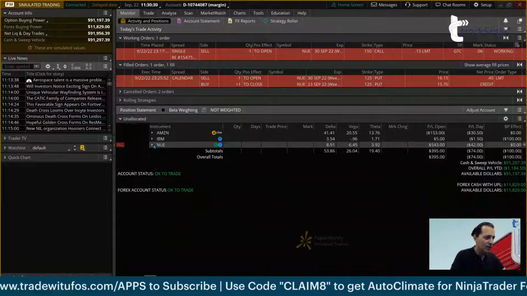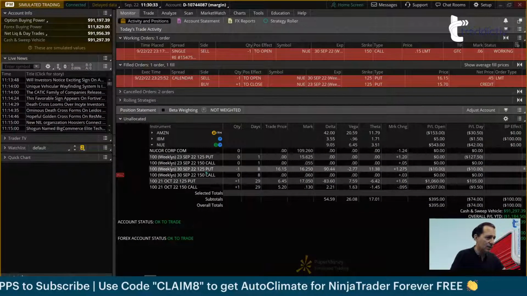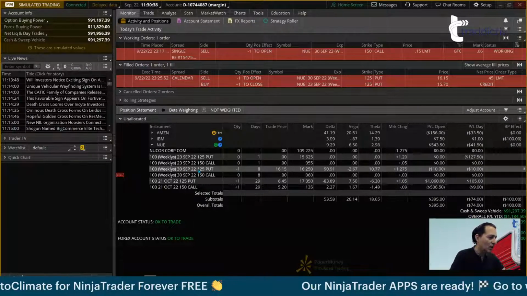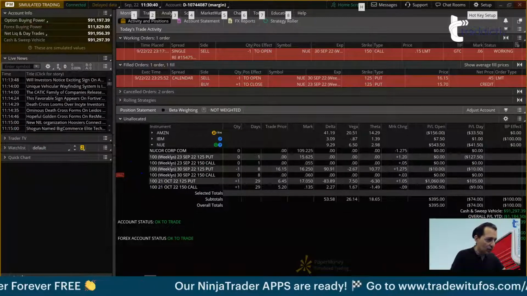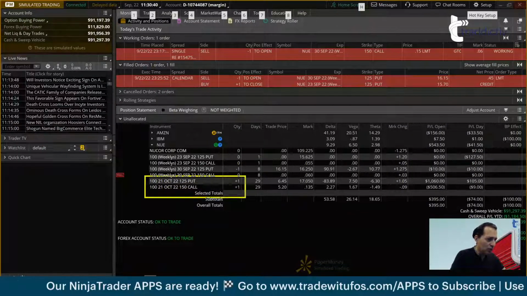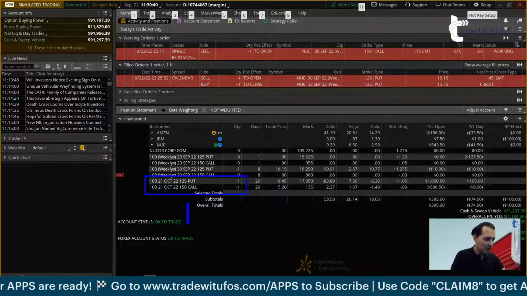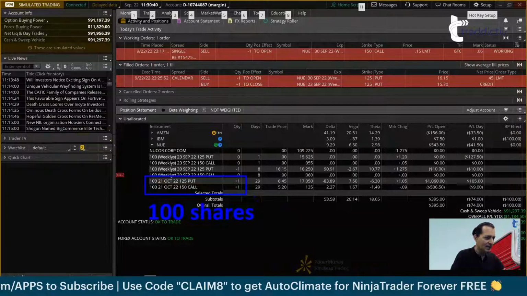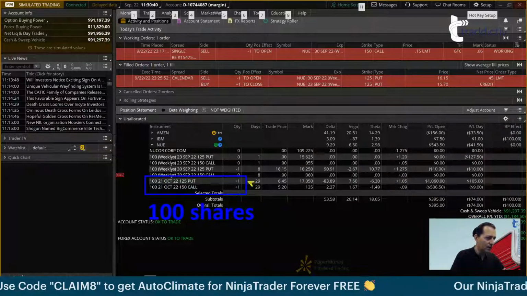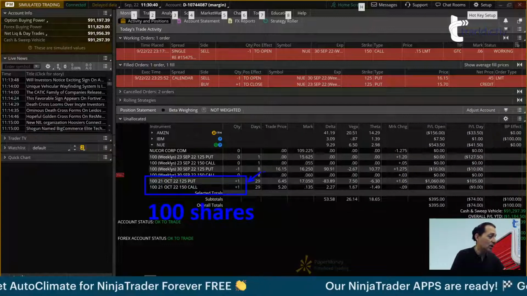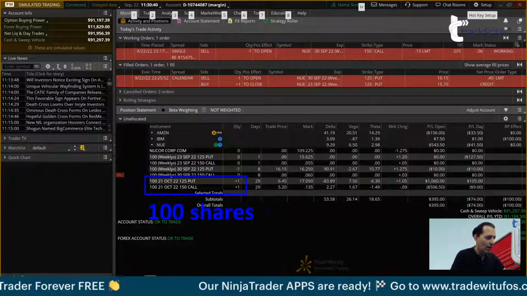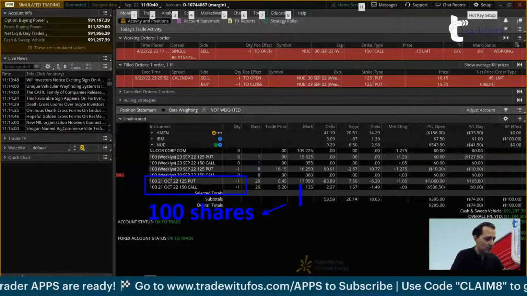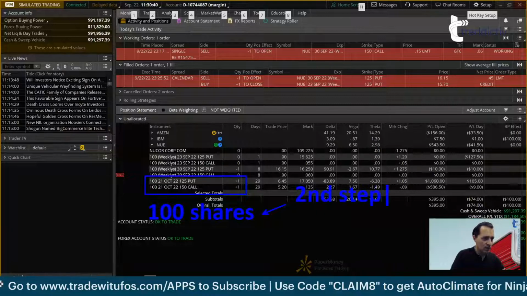So again, your situation here is different than mine, okay? Because I got the 30 put in September, you don't. Instead of the 30 put in September, you got 100 shares. So what you have basically is the 2 long strikes and 100 shares long, okay? And what we need to do is leave the long strikes alone because those are the October 21st, so we leave them alone. And we need to get rid of those shares, but you will do that as a second step.